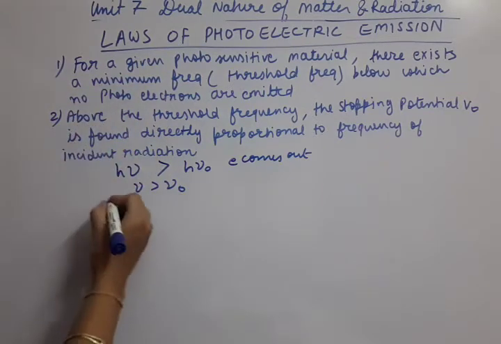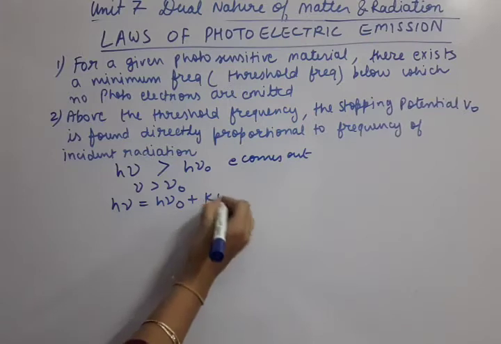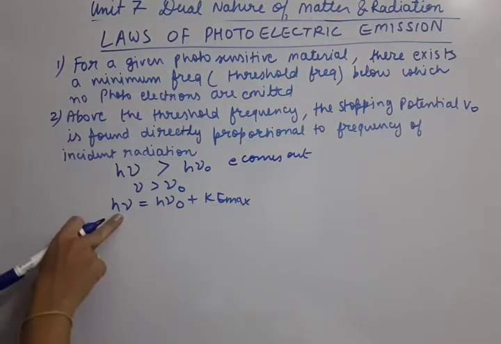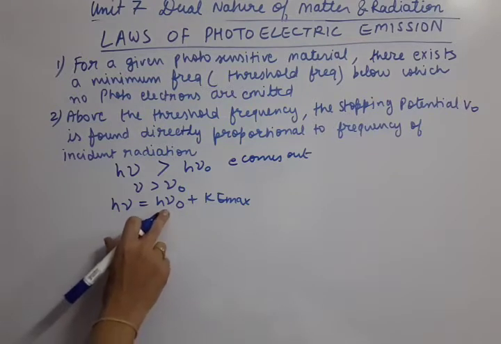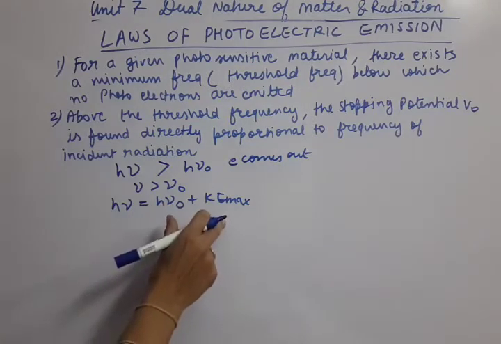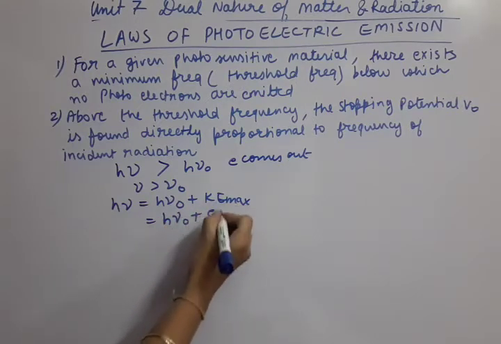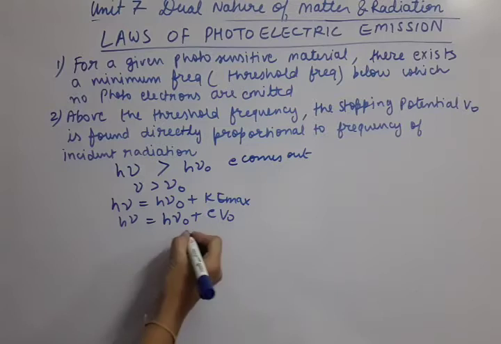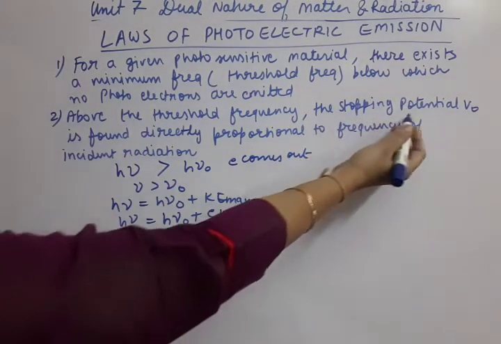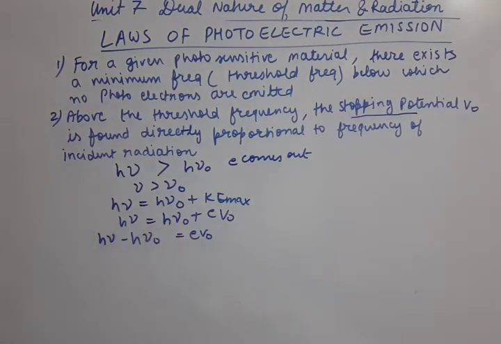Now about the second statement, we will write this equation of Einstein which we have already discussed, that whatever incident energy is present is utilized in two ways. The first part of it is utilized in taking the electron out, that means in the work function, and the remaining energy which is left is used as kinetic energy by the electron. And we have also seen that kinetic energy can be replaced by the e V0 term, where V0 means stopping potential. So if I have to discuss the stopping potential dependence, I need to shift this h nu 0 to this side.